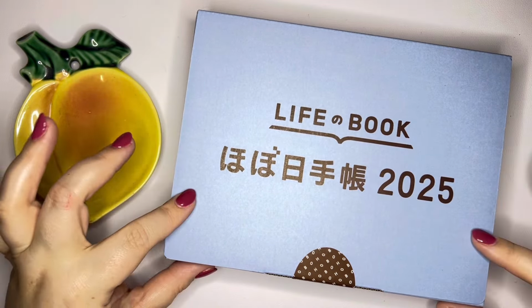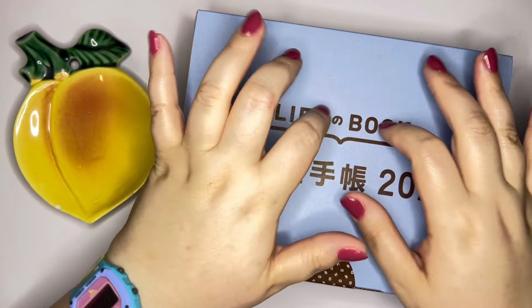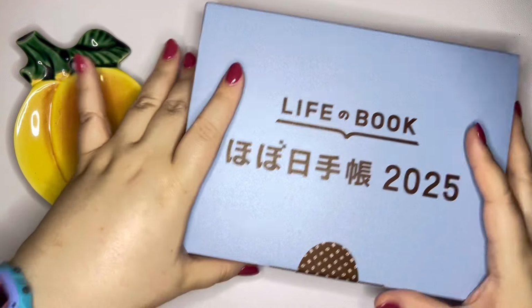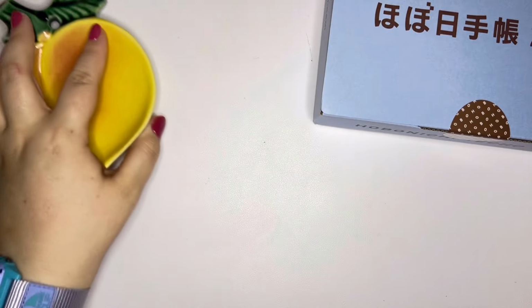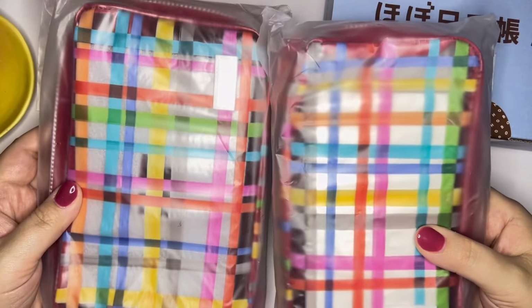I think it's very cute. So I'm going to show you the things that came outside of this box in the larger box first, and then we'll get into this one together. Let me just scooch this to the side. And first, I was very excited to grab these two